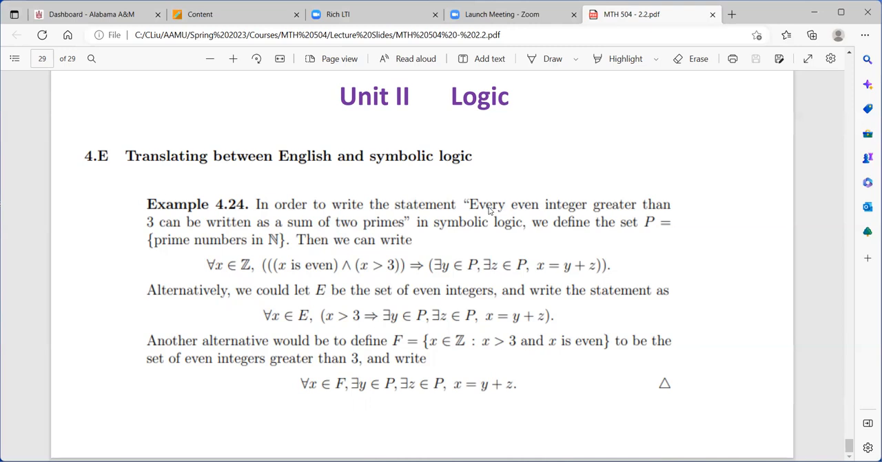So how do you write this sentence into symbolic logic? Okay, first, we need to define the prime numbers. We can define the set P as the prime numbers in natural numbers. So then we can write the sentence into simple logic as